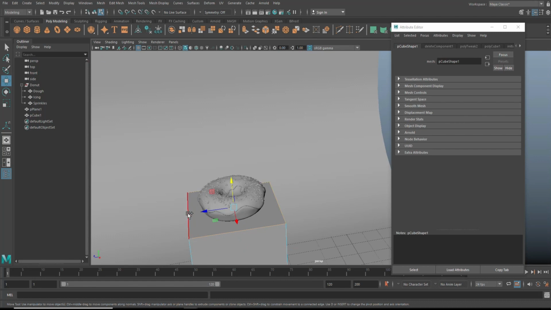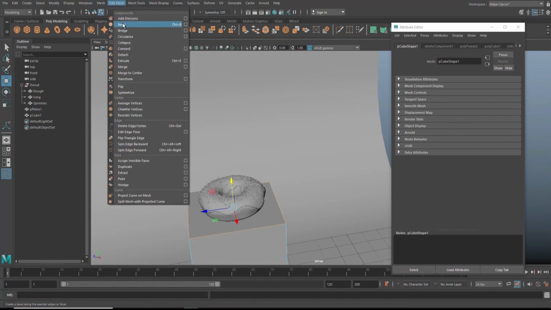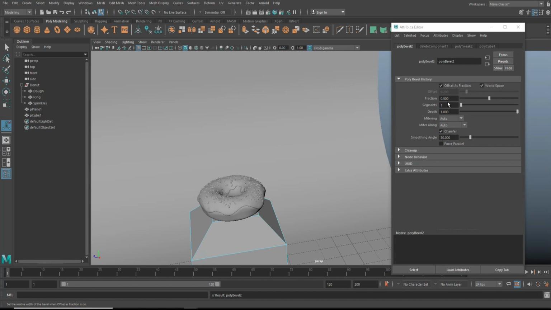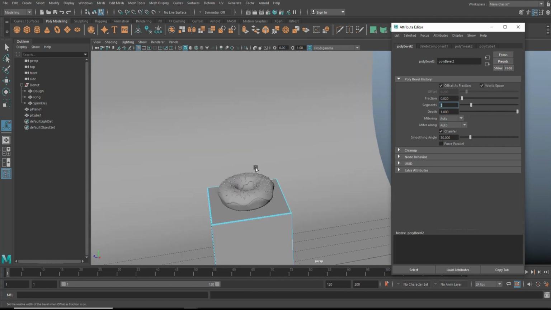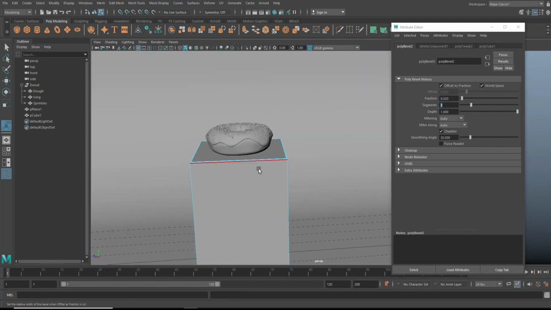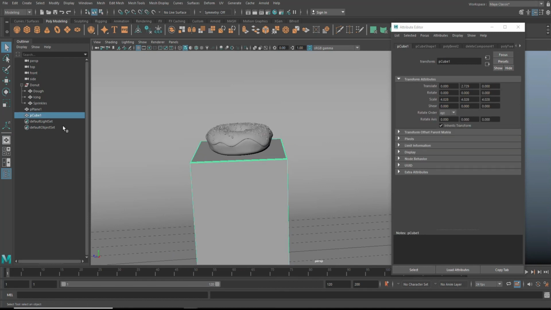So these 4 edges, and go to Edit Mesh and Bevel, set the fraction to 0.1, maybe even less, 0.02, segments to 3, and there you go. There's a pedestal, right? Or stand, or whatever you want to call it. So let's call this thing a stand.